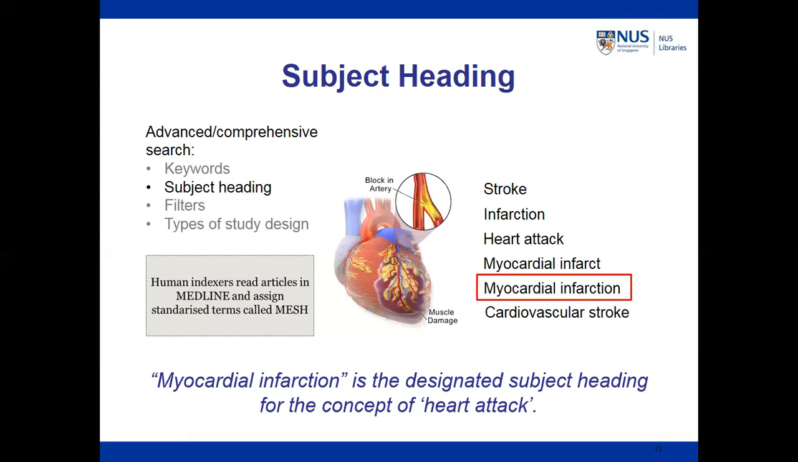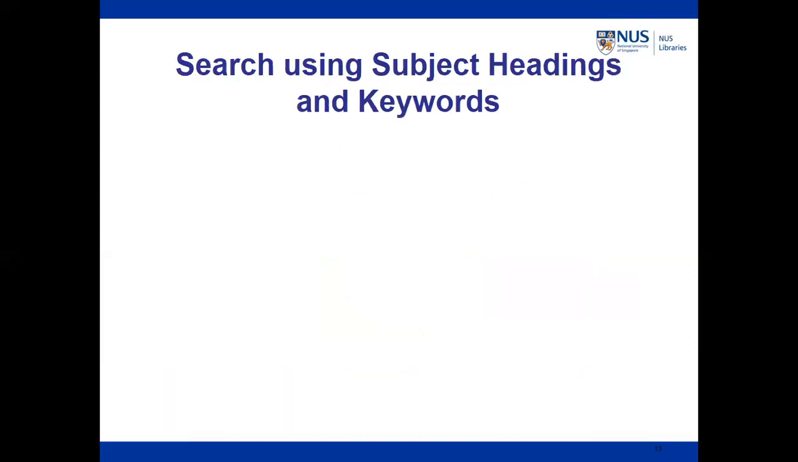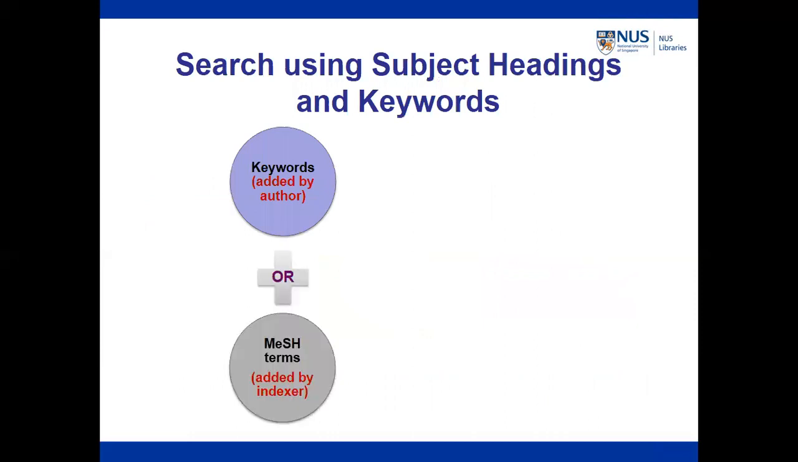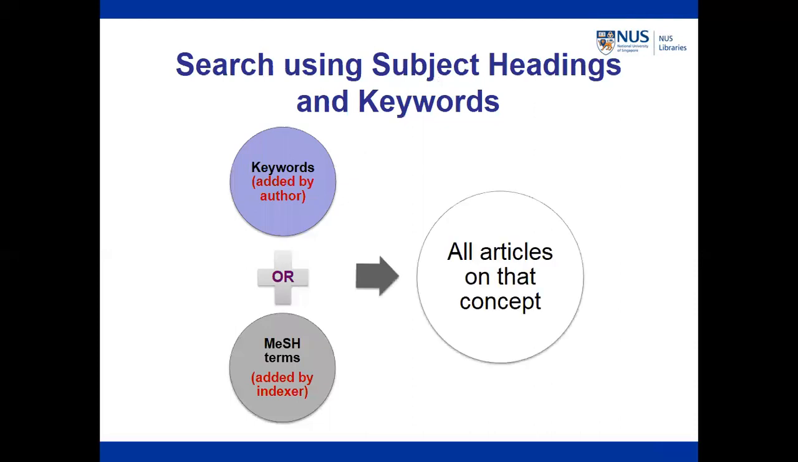Since there is MeSH, why use keywords? Not all terms have MeSH. For example, Zika virus was only introduced in 2016. Prior to that, there was no such MeSH term. And MeSH is assigned by human indexers, who will take several months to index all the articles in PubMed. Hence, if you search by MeSH alone, you will miss the latest articles for which a MeSH term has not been